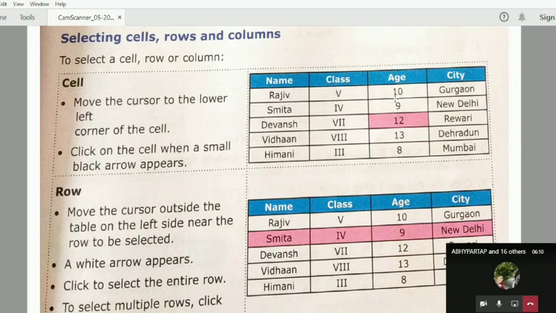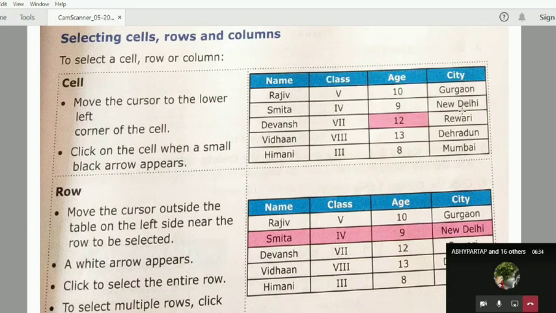Under the age you can see lots of numbers. Under the city you can see the cities. So these are the columns. This full box is one column, this is the second column, this is the third and this is the fourth column. Means when we arrange the cells in the vertical form, ये हमने जो cells हैं वो vertical form में arrange किए हैं. So these are the columns.